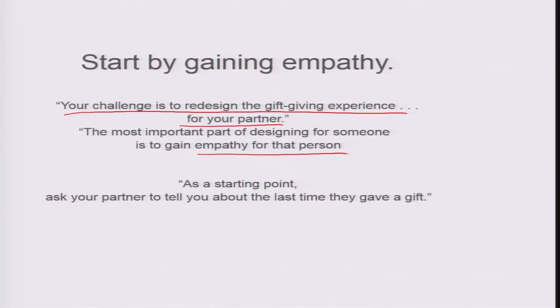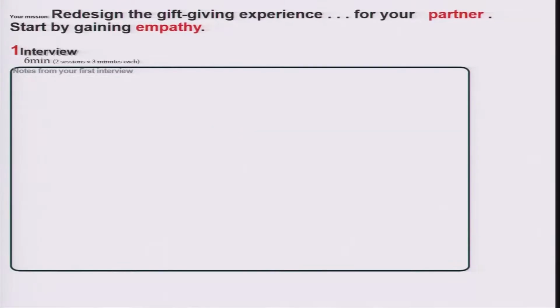As a starting point, ask your partner a question. Ask him or her to tell you about the last time they gave a gift, and what kind of aspirations they have when they start giving gifts to people, about planning the gift. This interview should be recorded. Basically, if there are A and B, two people, in the first case A should interview B and record, and in the second case B should interview A and then record. There are certain stipulated time frames given, in which you have to collect the notes from your first interview.